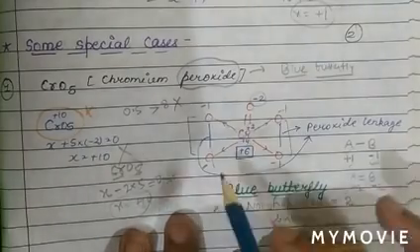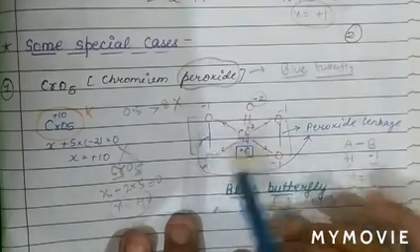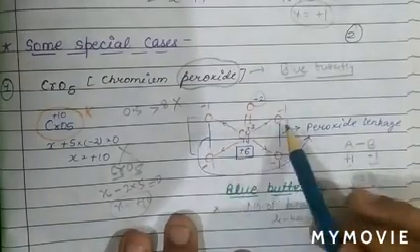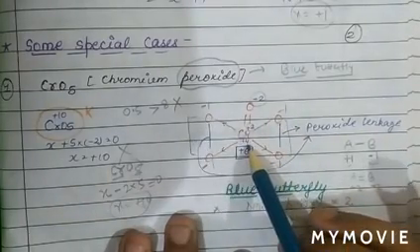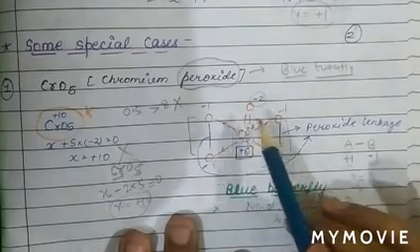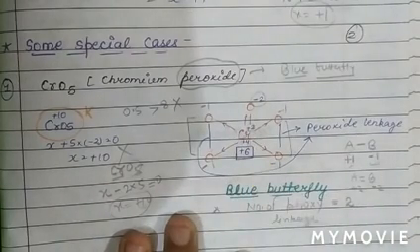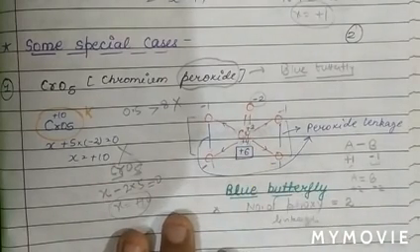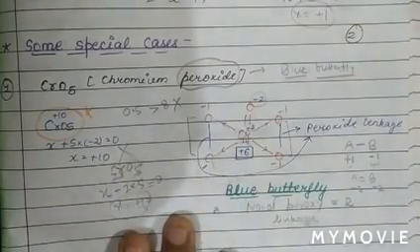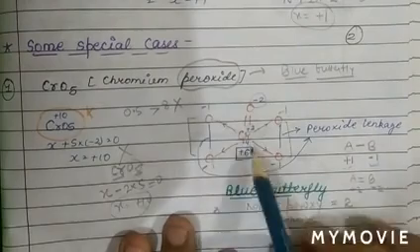So now we can say that -1, -1, -1, -1. Due to -4, chromium will get +4 charge, and due to this double bond, chromium +2 again. So the net charge on chromium is +6. So the oxidation state of chromium in this compound is +6, not +10, which is wrong. So basically the correct oxidation state in this compound is +6.